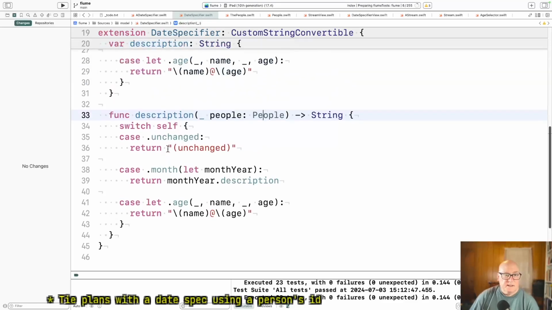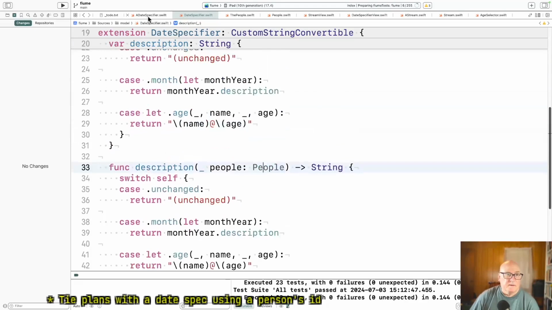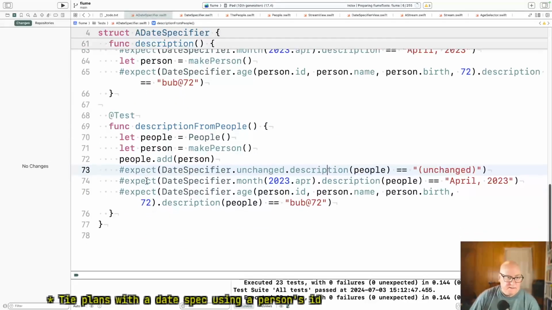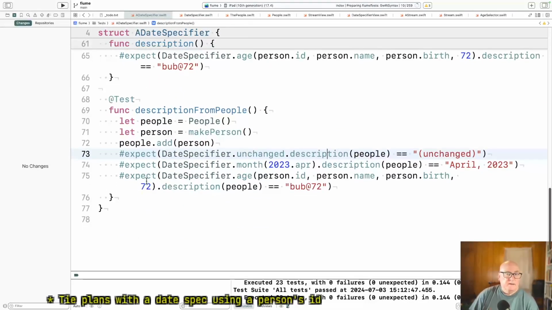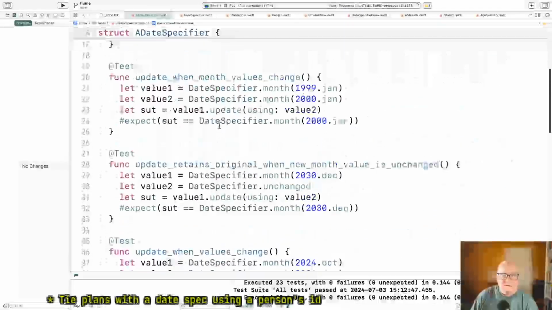Okay, back to DateSpecifier. Now our test. Okay, so the person we add gets that description. Okay, that's just sort of a default make person we had. Okay, what is this? Yeah.